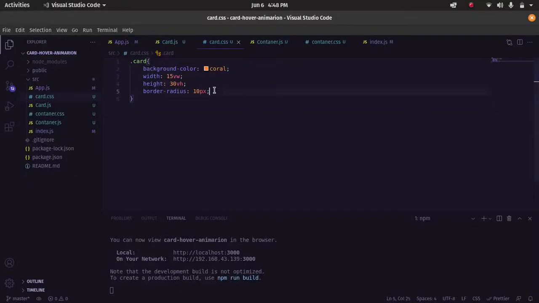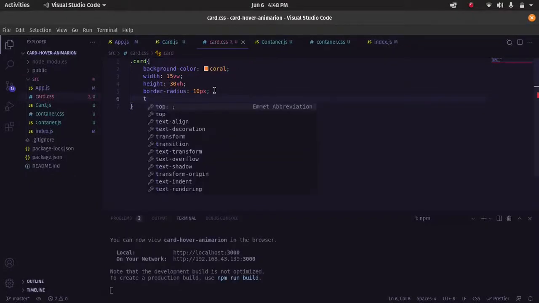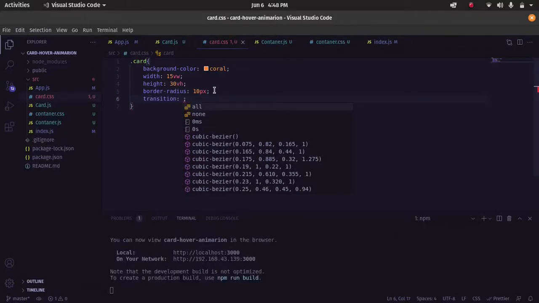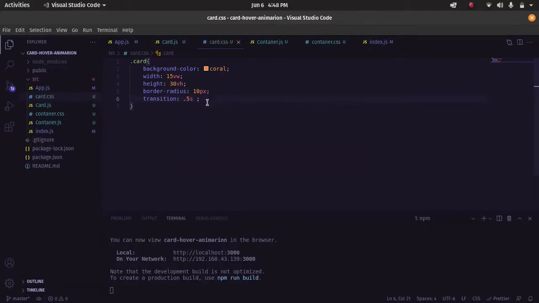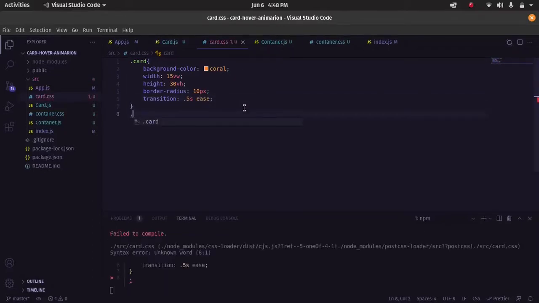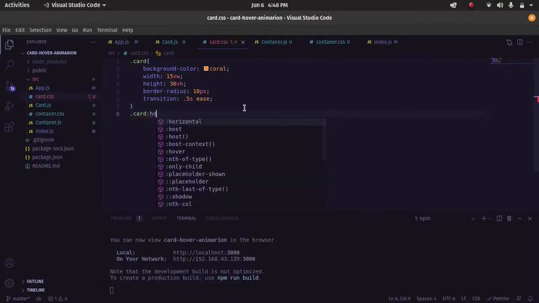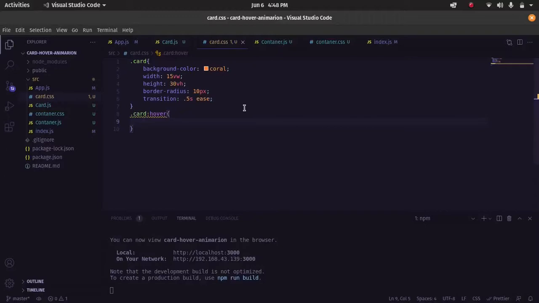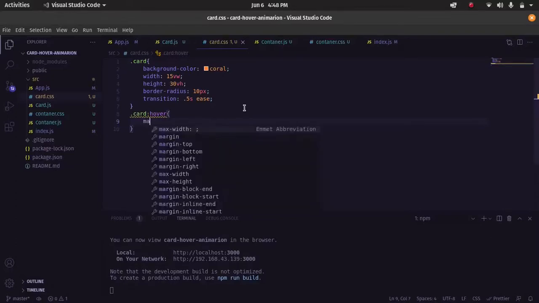So I'm going to give this a transition. So transition of 0.5 seconds, which is going to be ease. Okay, and I'm going to use the hover animation. I'm going to use the hover pseudo class. So I'm going to say card on hover, increase the width of the, oh no, we are going to mess around with the position of the card. So when you hover over it, I'm going to